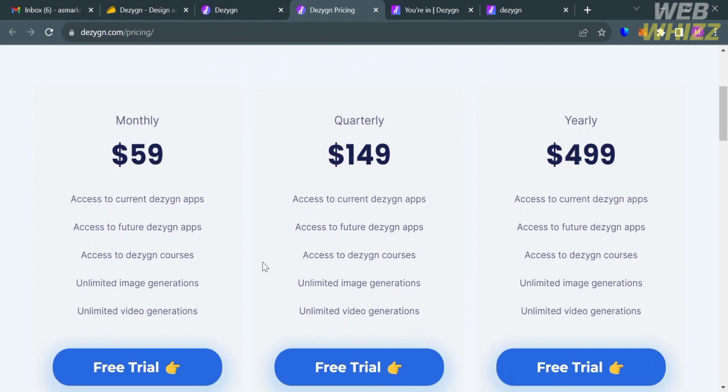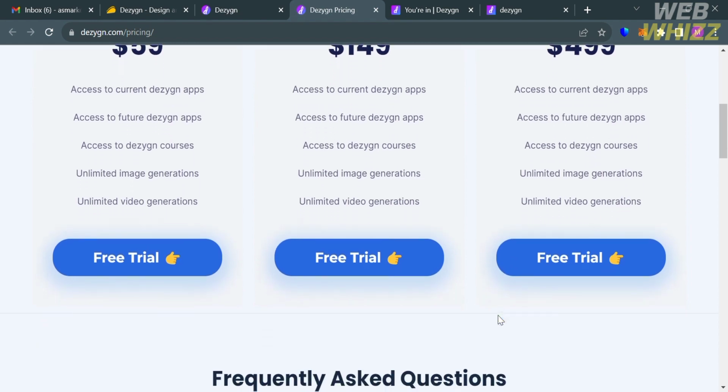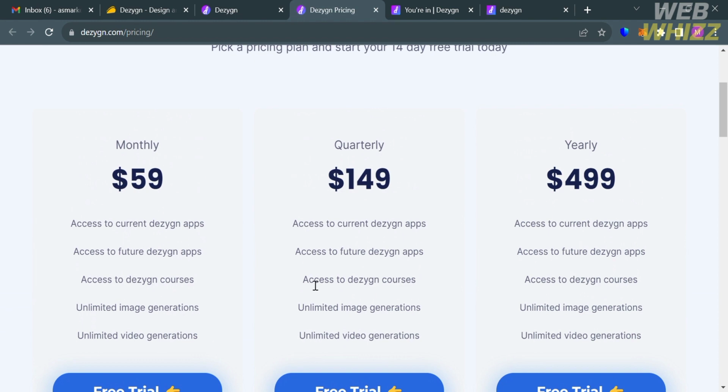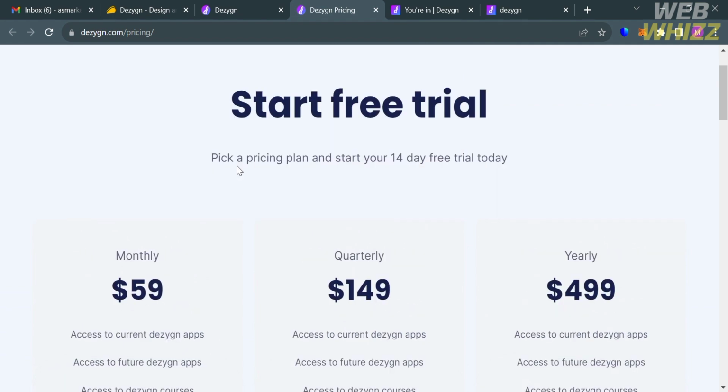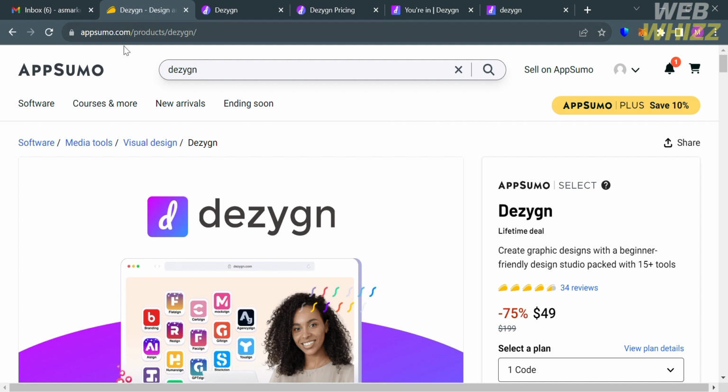But they also offer a free trial for any of these plans. And below here, it will show you the corresponding prices and the list of benefits included in each plan. And the cheapest plan that you can avail is $59. However, if you want to purchase a cheaper plan, you could also go to this platform called appsumo.com, and on